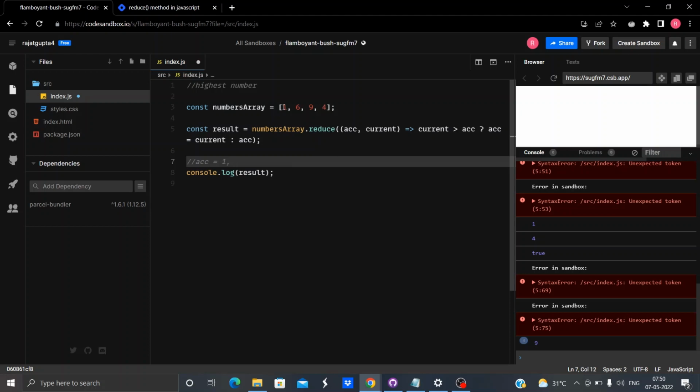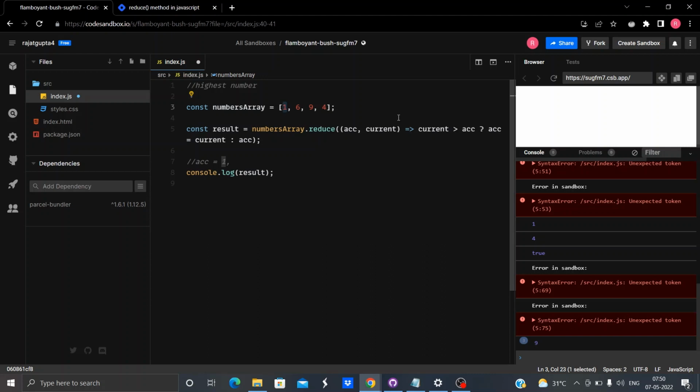You compare this and this, and whatever is the larger one, we'll take that and compare it with 9, and whatever is the larger of these two, we'll compare it with 4. That is what we are doing here. So we don't need an initial value since accumulator is already 1.